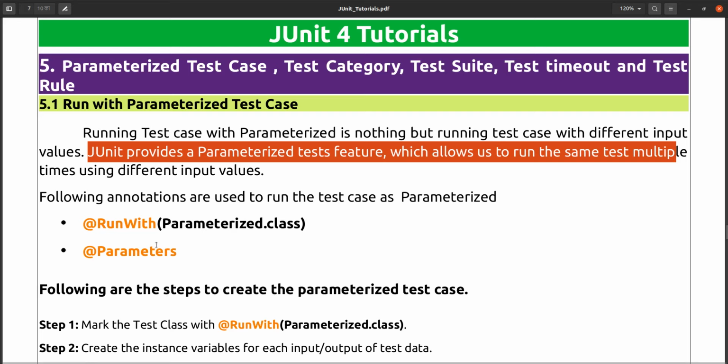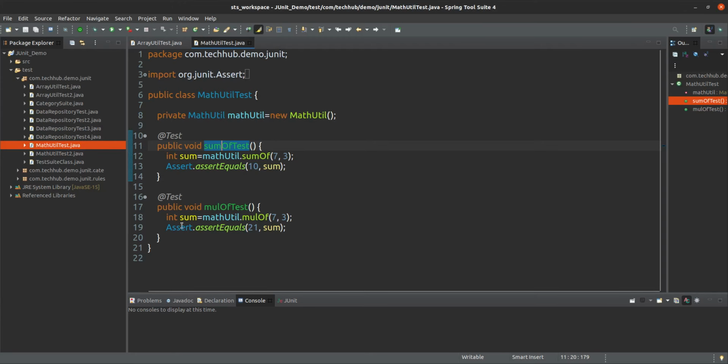So before we see this parameterized test case, let's see the previous test case where we actually need it. Previously we created this test case for the MathUTL class.